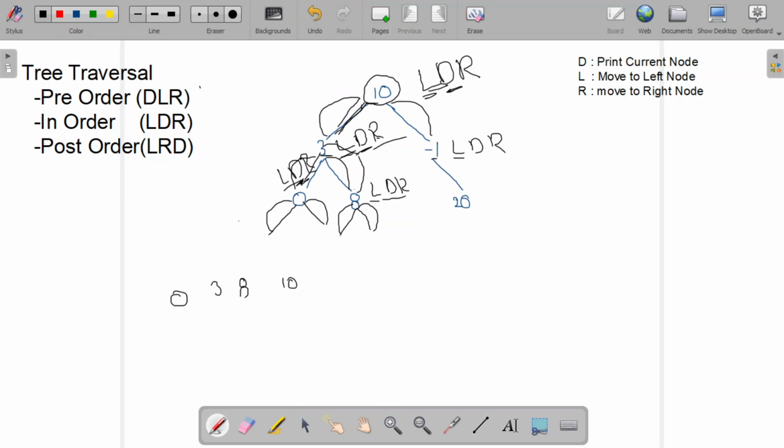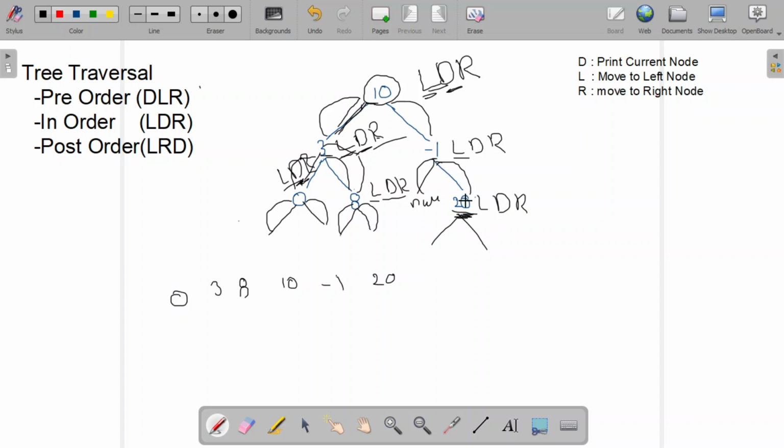So for left we need to go to the left side, it is null, going back to -1, and again we need to print D, which is -1, and coming to the right side it is 20. Again here applying LDR, the left part is null, the right part is null as well.